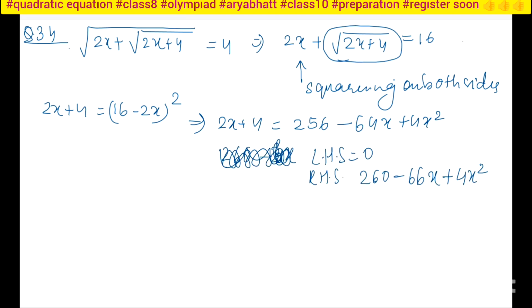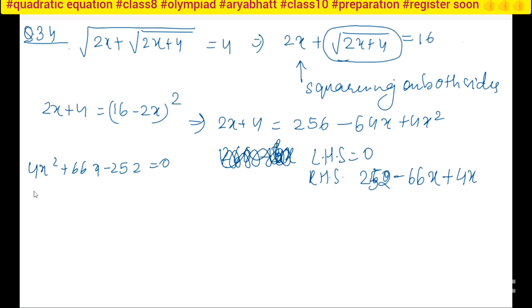Okay, now see, LHS is equal to RHS, right? So I have this equation, so I can rewrite as 4x square minus 66x plus 260 is equal to 0. Okay, now if I compare everything, it will not be 260. So what I will get, इधर उधर जाके ये 252 हो जाएगा. तो फाइनली हमारा जो इक्वेशन बना, व्हाट आई विल गेट 4x स्क्वायर माइनस 66x प्लस 252 इज इक्वल टू 0.